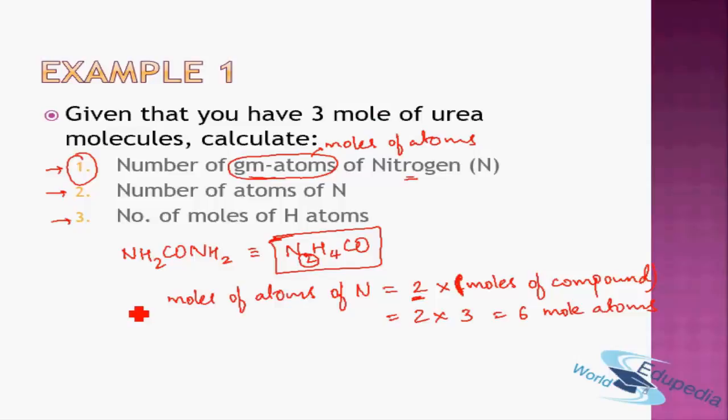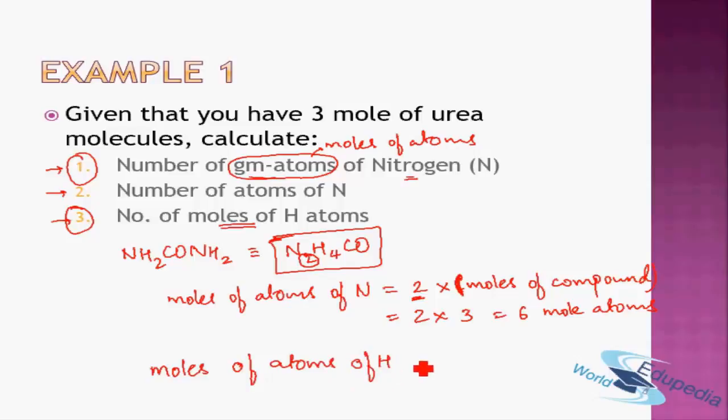So this is a formula based approach. Instead of using the unitary method, you can just memorize it as a formula that number of moles of atoms of any one kind is always equal to stoichiometry into moles of the compound. Since here the stoichiometry of nitrogen was 2, the answer will be 2 into moles of compound. Similarly, if you look at the third part where you have to calculate the number of moles of hydrogen atoms, once again the question is of the same kind, except now instead of nitrogen we have to calculate moles of atoms of hydrogen.